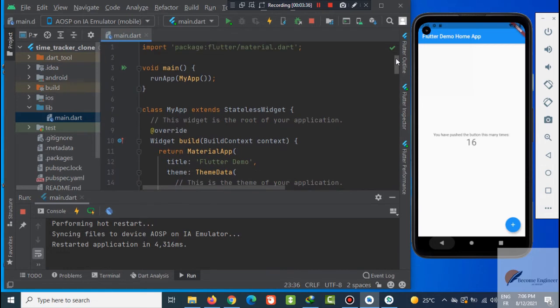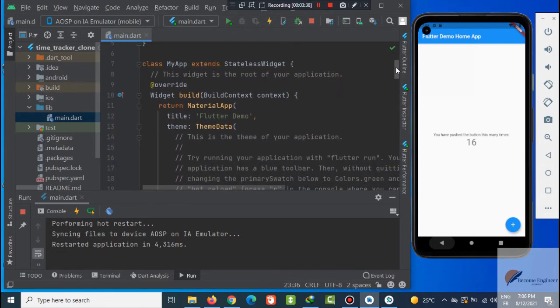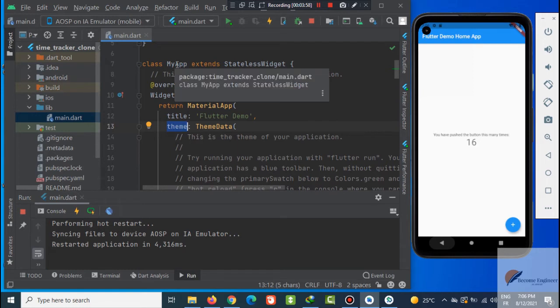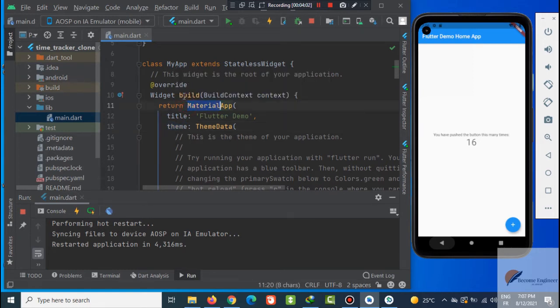We can see it here. Here we have a return Material App which has a title and theme. We can see it as a tree. The tree here is the whole app and has some branches, which are my app. Under my app we have the build method.